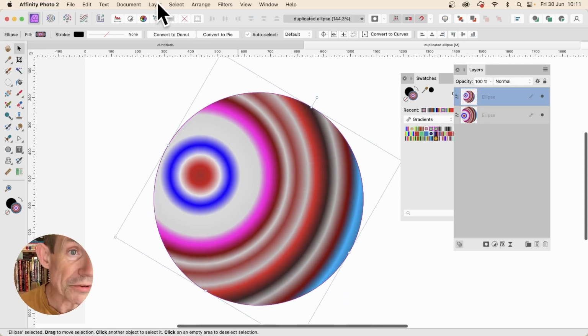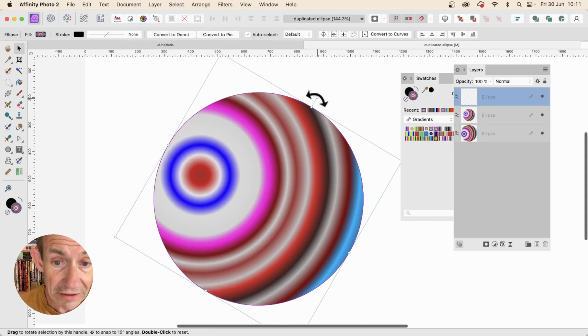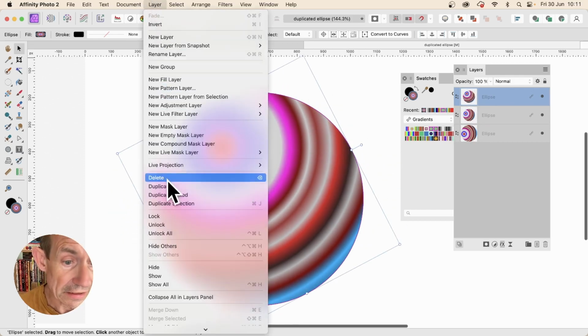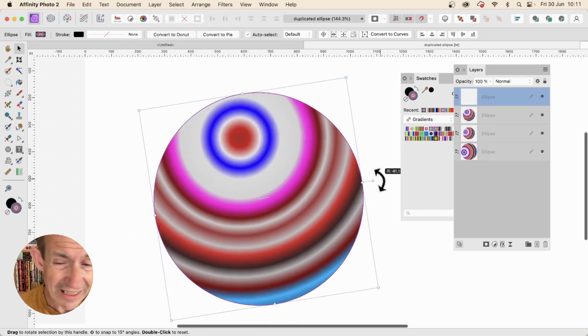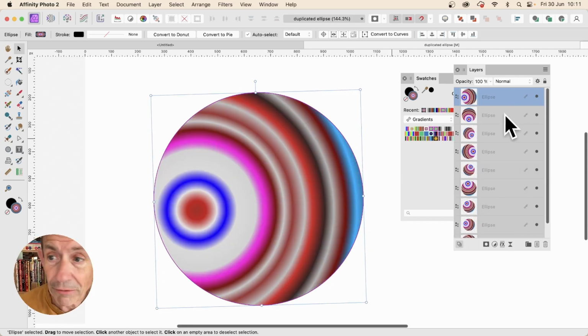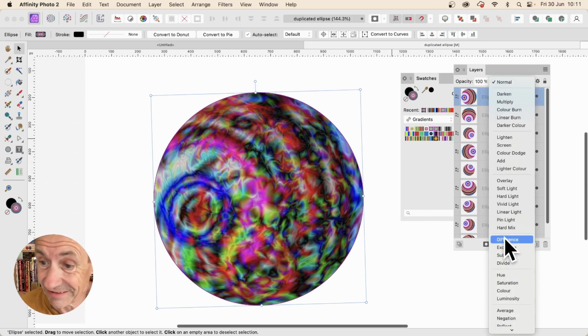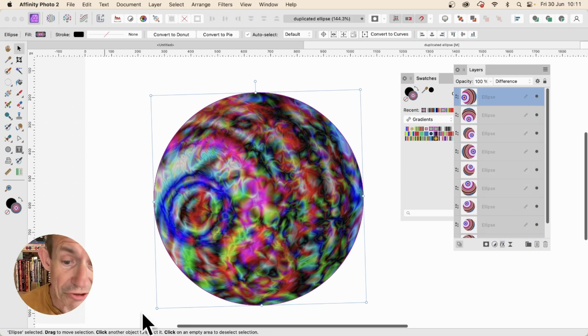And you can repeat this. You can go to layer and duplicate linked and again rotate, layer, duplicate linked, rotate. And of course you can do this 15 or 20 times. Once you've done that, go over here to the layers panel and set the blend mode to difference or any of the others. I'm going to go with difference, and you can see result in this kind of very extreme